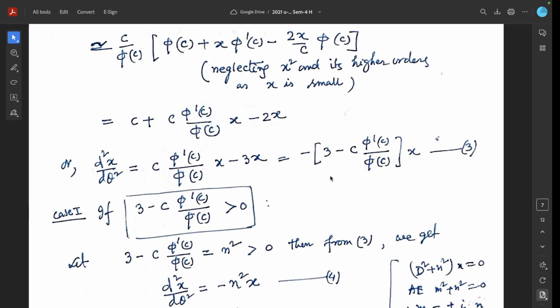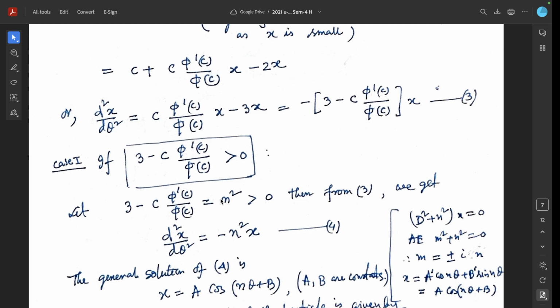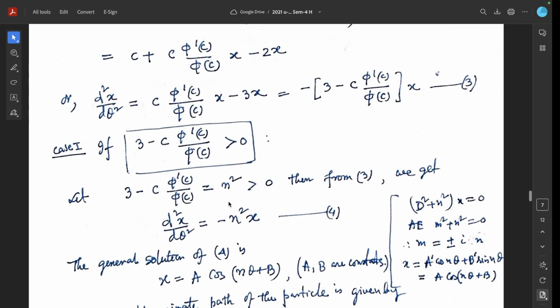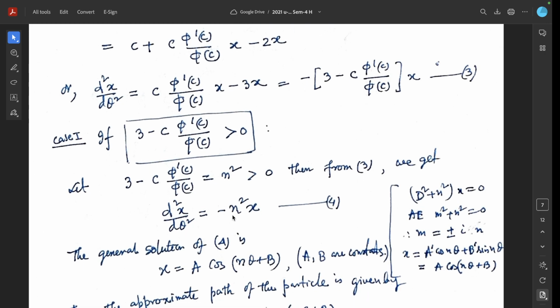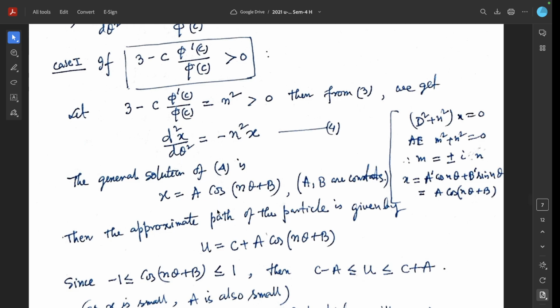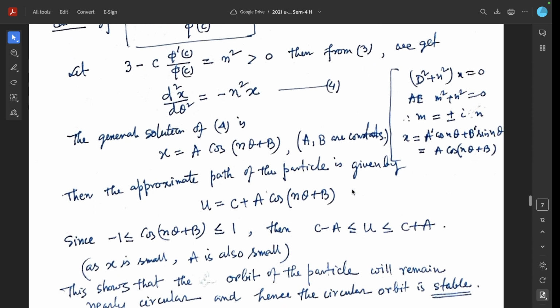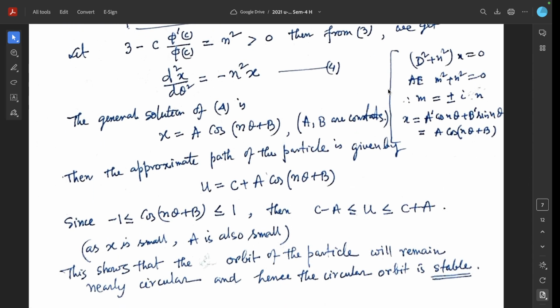Now if this quantity is positive, so we get this n square as a positive quantity, then d2x by d theta square equals minus n square x, and so this is the simple harmonic motion equation, and the required general solution is x equal to a cos (n theta plus b). A, b are constants of integration, arbitrary constants. Then the approximate path of the particle is given by u equal to c plus a